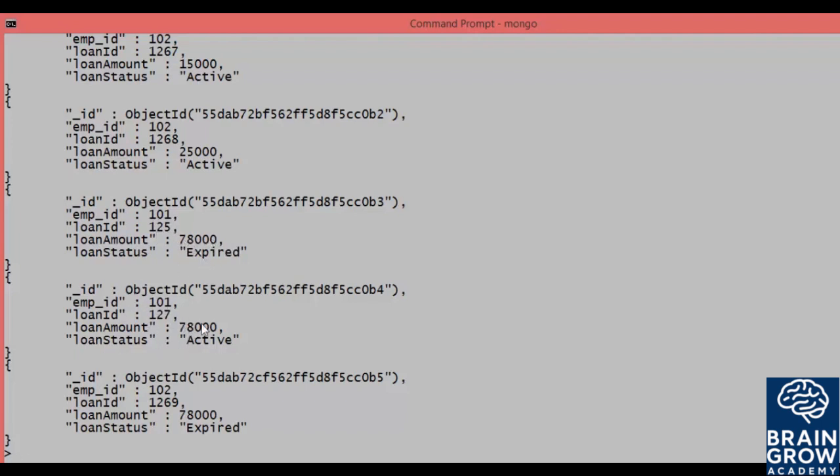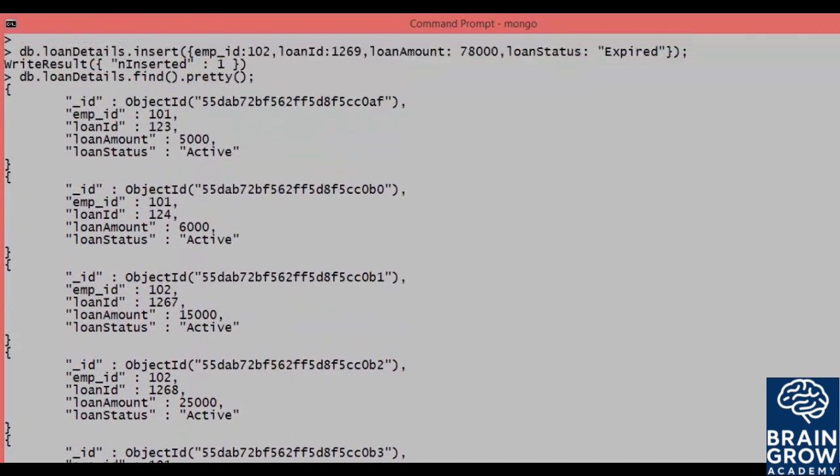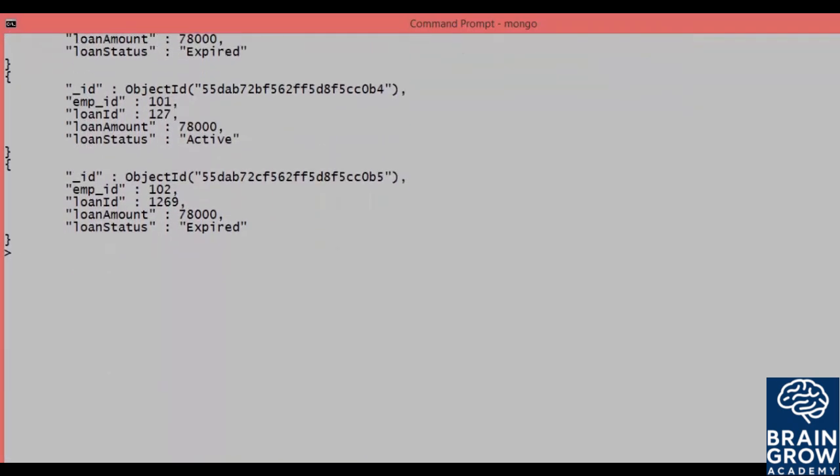And there is another loan with a different loan ID which is active. For employee 102, there is an expired loan with a different loan ID. So there are two employees, 101 and 102, and both have some active loans and some expired loans. So what we are going to do is find all the loans of an employee, and